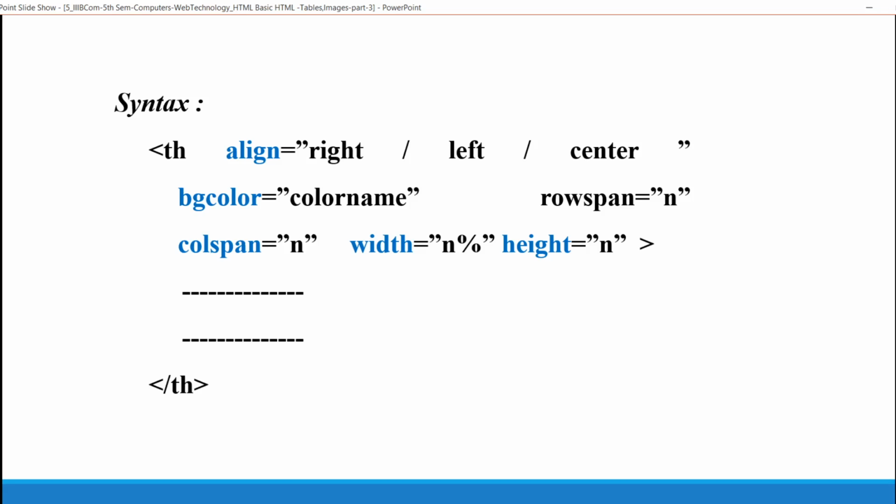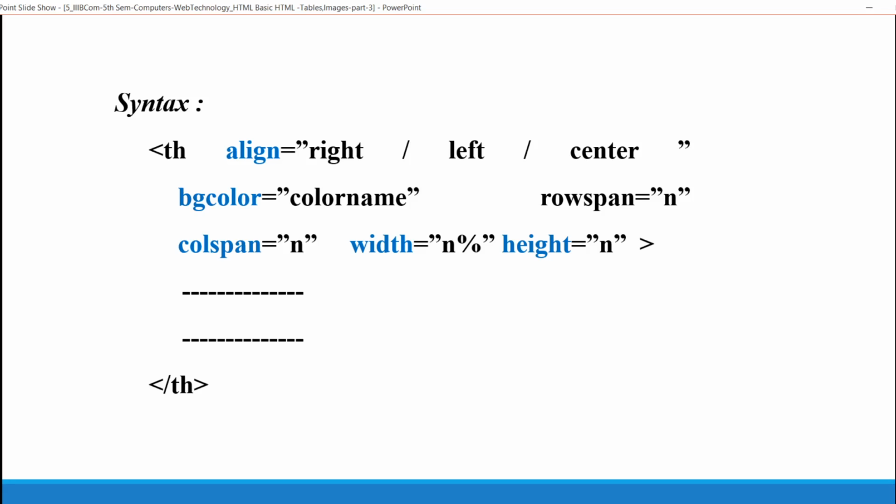Syntax for the th tag: th tag align, bgcolor, rowspan, colspan, width, height. In a table tag we have seen align and bgcolor. Here we are seeing rowspan, colspan, width and height.